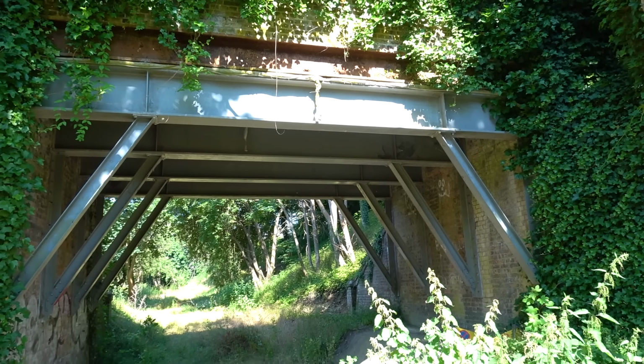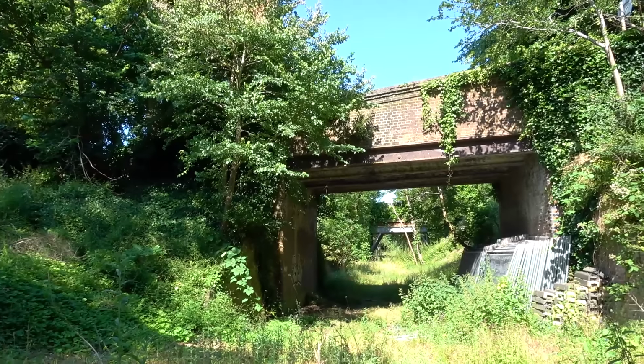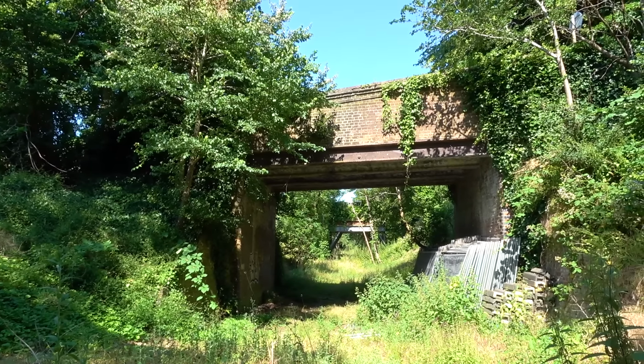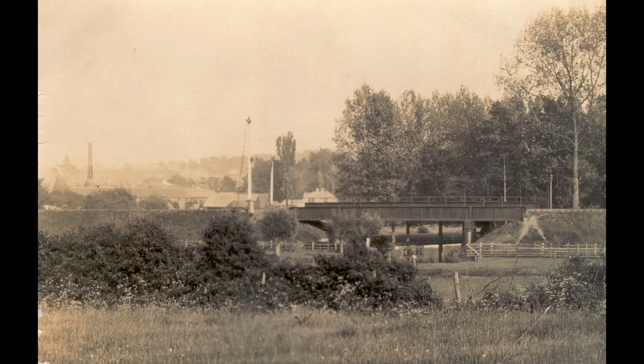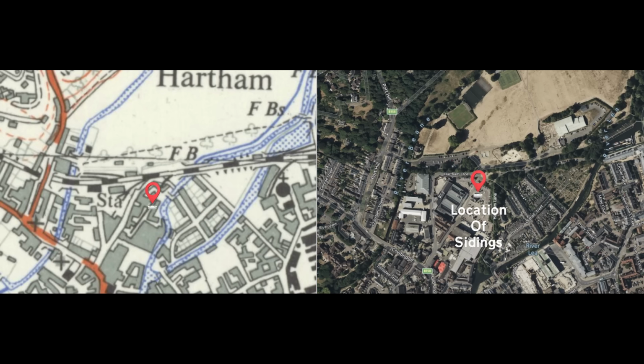One of the bridges is found on Balfour Street, and the other, which I think carries a footpath, is a short distance away. There's also this old railway bridge by Hartham Lane. Today it's been converted into a car park, but this old photo shows what it used to look like, just about. According to our old maps, there were a couple of sidings coming off the railway in this area, and